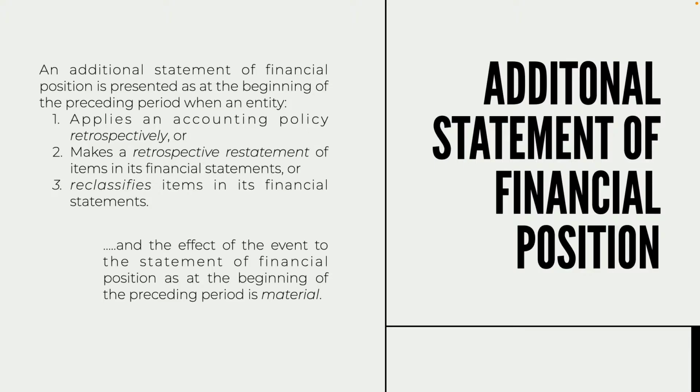Because some others may not be familiar with this sixth financial statement, but since we are now under the revised conceptual framework, we must understand the purpose of having this particular statement. So, it says here, an additional statement of financial position is presented as at the beginning of the preceding period when an entity, so we need to present our additional statement of financial position containing the beginning balances of the balance sheet, when an entity applies